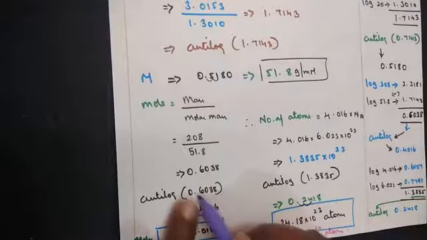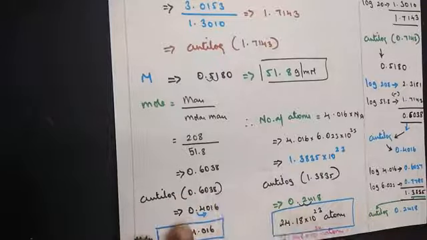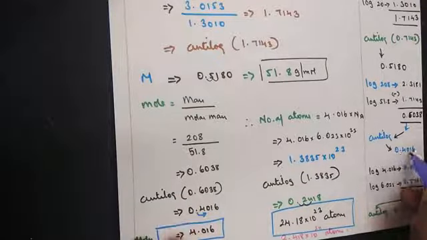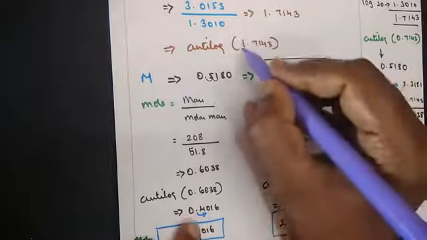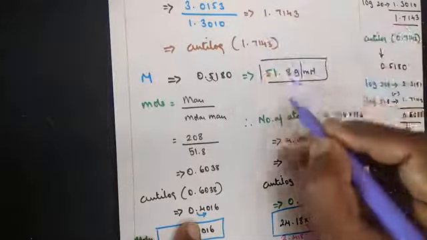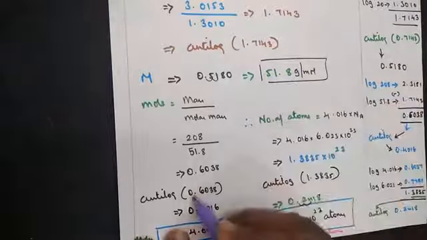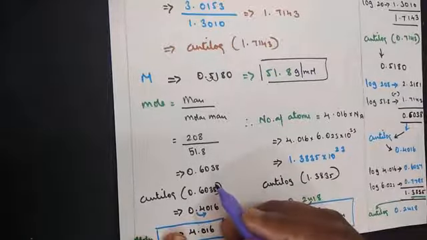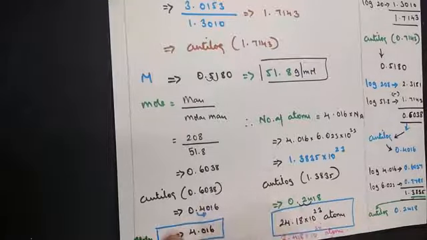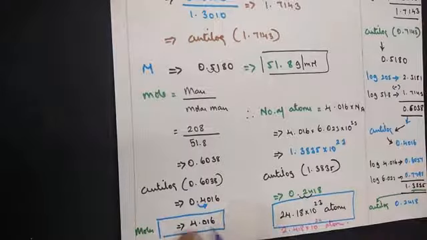Here again you have to calculate the anti-log for it. So calculating anti-log, look for 0.60 under the third column with a mean difference of 8. So we get the answer to be 0.4016. When you have a 1, you are adding one number to it. So 2 decimal places you are moving. When you have a 0, repeatedly I have been telling you from day 1, move 1 digit after the given answer. So when I move, 0.4 becomes 4.016. So the number of moles in so much mass is equal to 4.016. We can take it to be 4 moles or the whole answer you can consider.